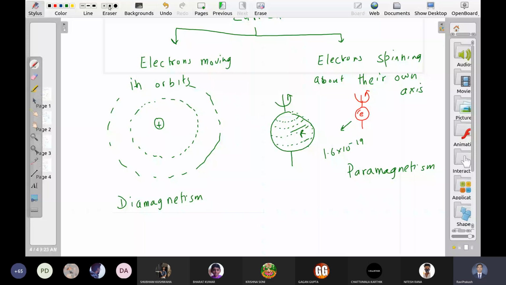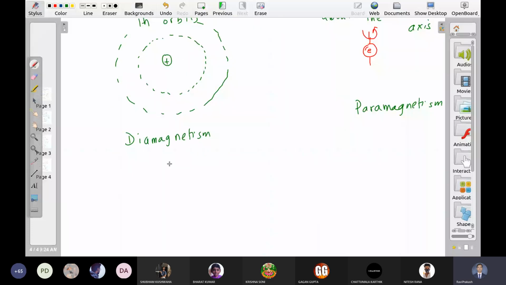So both the concepts can contribute to magnetism because both are equivalent to some current. So let us focus first on this diamagnetism case. How does it produce magnetism, and why is the magnetic effect produced by this method opposite to the applied field? कैसे magnetic field बनता है और क्यों ये magnetic field applied field के opposite है?